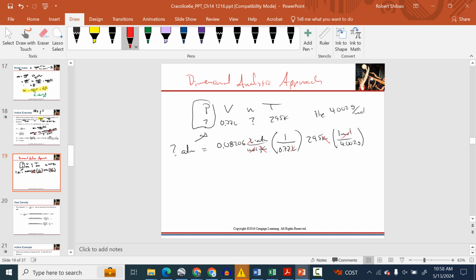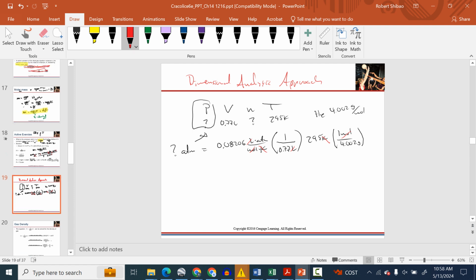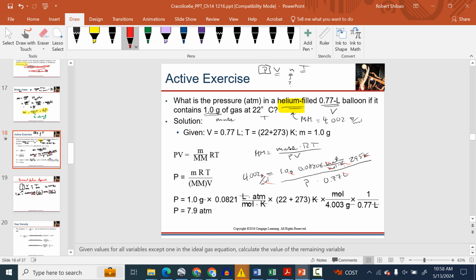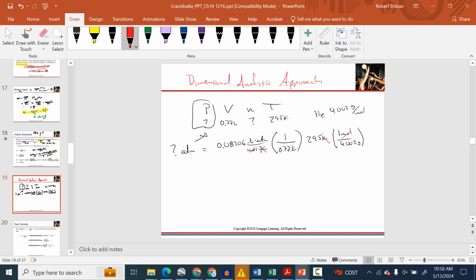How can I get rid of grams? Well, in the problem, what did they give us? They gave us 1.0 grams. So fortunately, I can get rid of grams because I have 1.0 grams of helium. And so the grams cancel out. And I'm left with